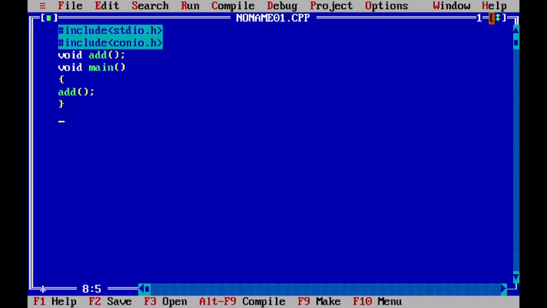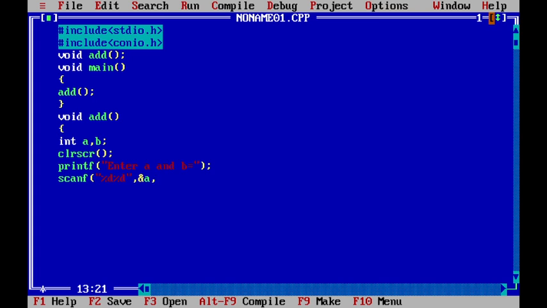Now we are going to write the definition for our add function. So void add, then define two variables, say integer a, b, then clear the previous output, clrscr, then printf enter the values of a and b, scanf %d %d, &a and &b.